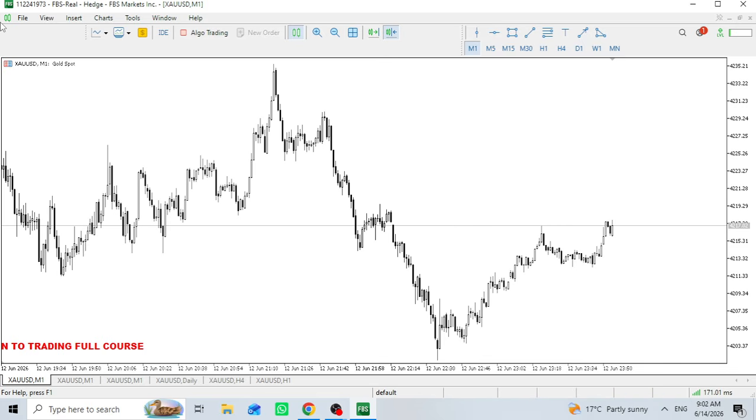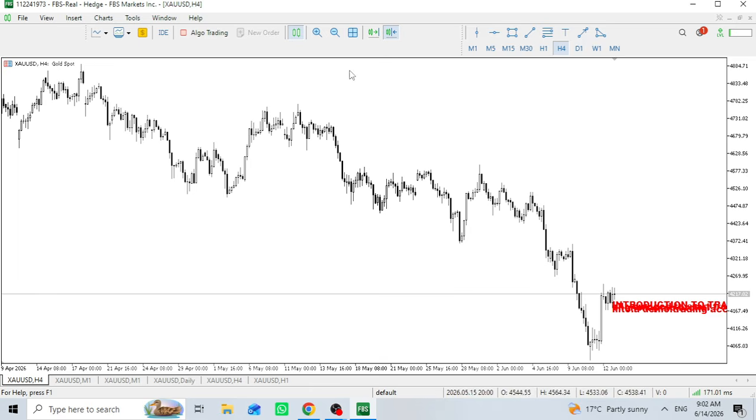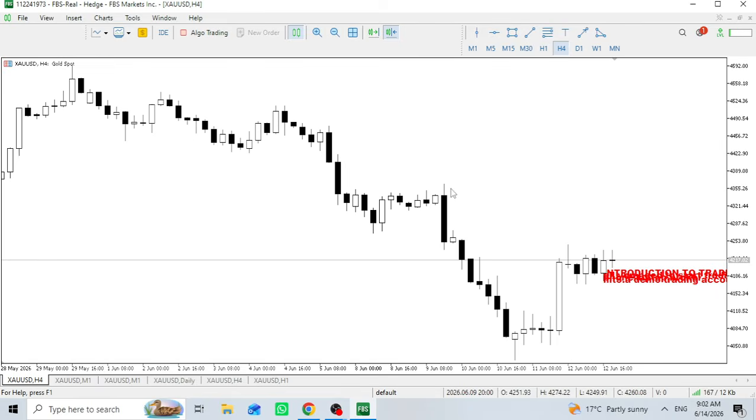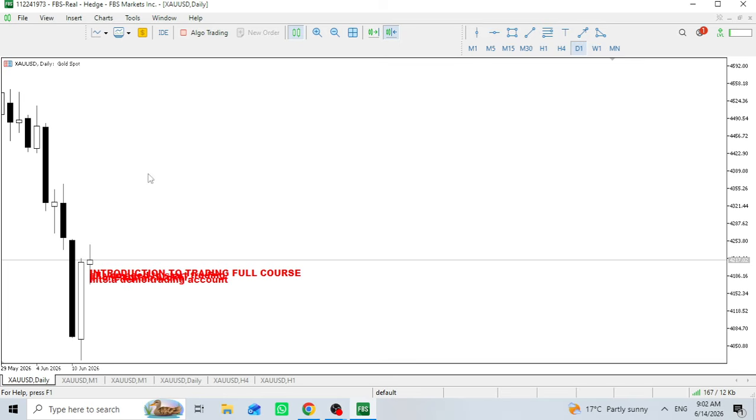Now, let me show you an illustration in the chart. This is a 4 hour chart. This is a 4 hour candle high, so you're supposed to sell there and you're supposed to buy down here. The next 4 hour candle, you're supposed to buy here and sell its high. So your work is to predict where the high and the low of the 4 hour candle you are in will be, and trade.